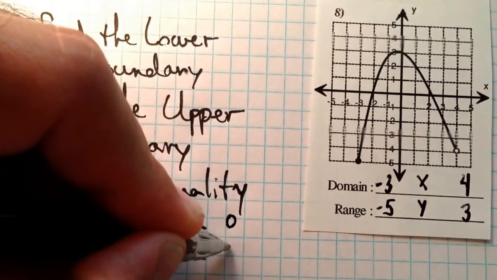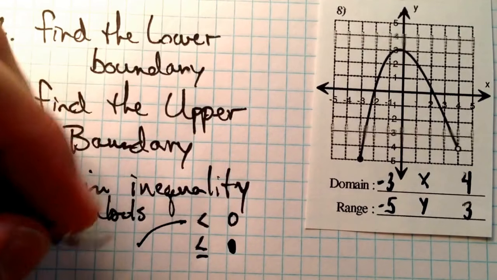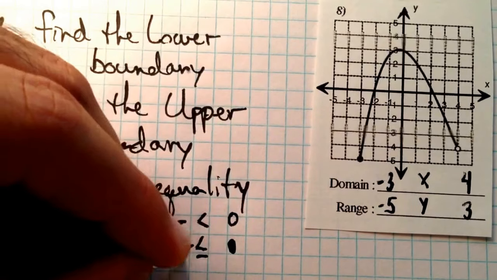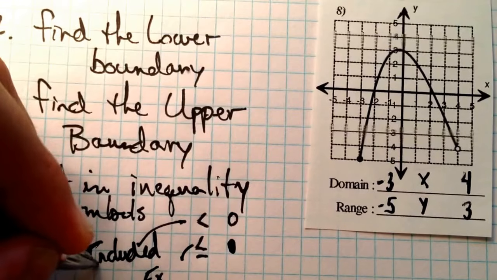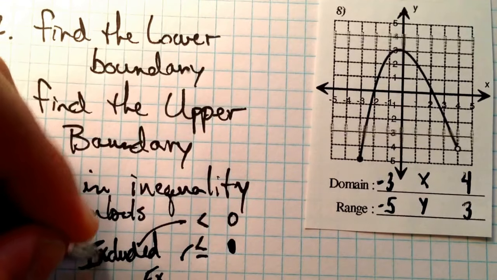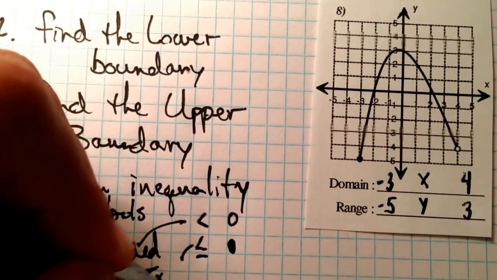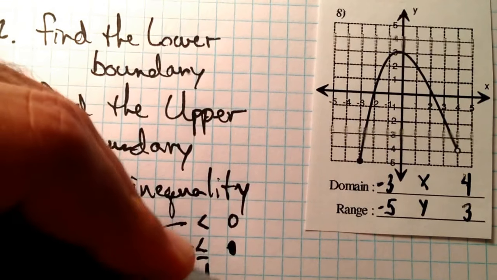This is an open dot, this is a closed dot, and this is included. Less than and equal to is excluded. I'm sorry, I wrote that backwards. It's excluded for the open dot, and included, because the closed dot is a part of the graph, it's included